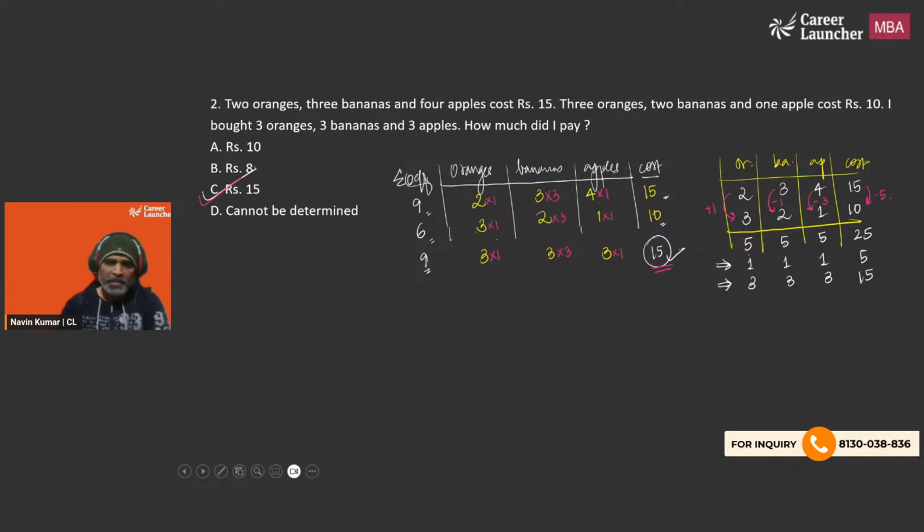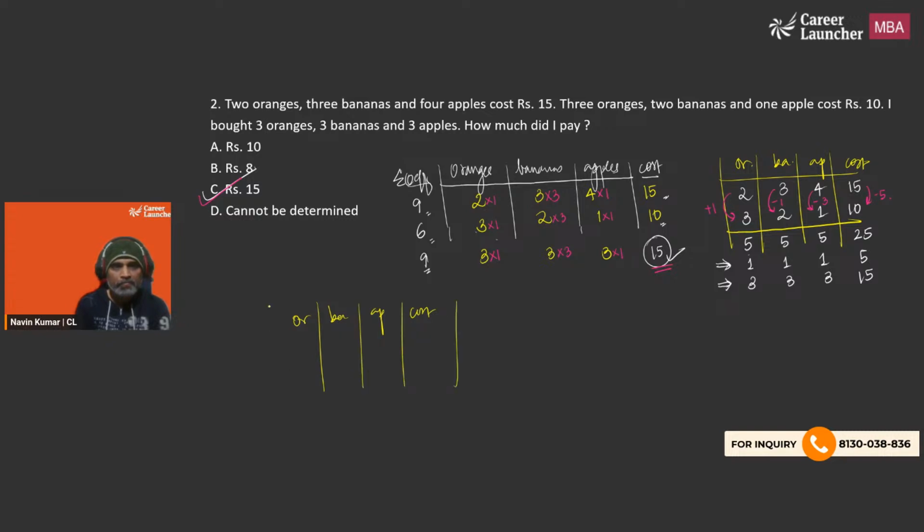Okay, third method bhi dekh lete hain. Okay, let's reuse that. Oranges, bananas, apples, total cost. So we have got 2, 3, 3, 2, 4, 1, 15, 10. So oranges increase by 1, then bananas decrease by 1, apples decrease by 3, and the cost decreases by